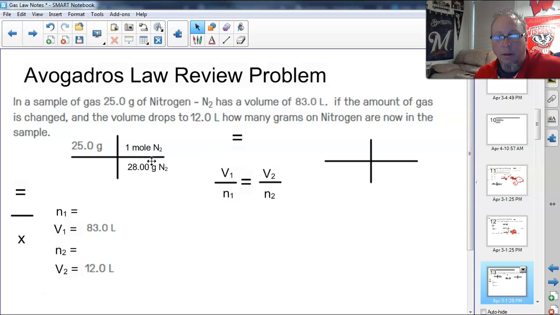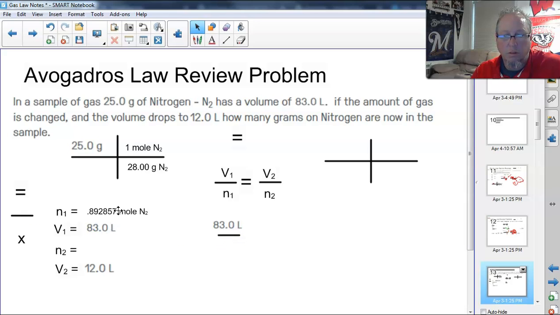And then 1 mole will be on the bottom. Now, how did I know the 28 grams goes on the bottom? Because if you have grams on the top and grams on the bottom, those two things are going to cancel each other out. So if I take 25 divided by 28, I will have the number of moles that I'm starting with. All right. So using Avogadro's law, I'm going to plug in my volume, that's V1, over